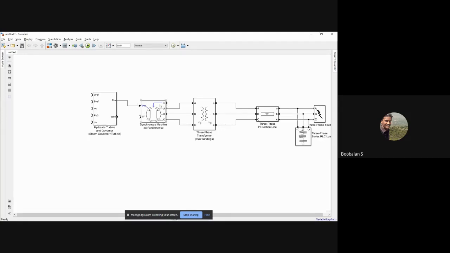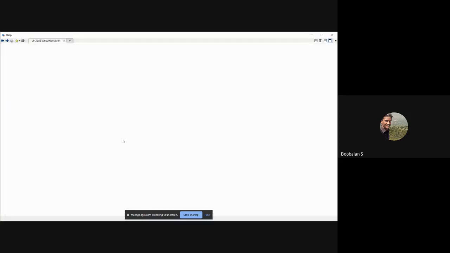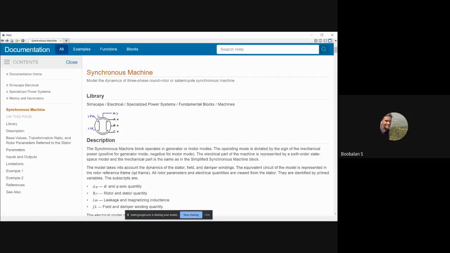If you want to see these terminal names, just right click on this particular function block and go to Help. It will bring up a documentation file. It will show you the entire block, the theory behind it. It will be displayed over here.